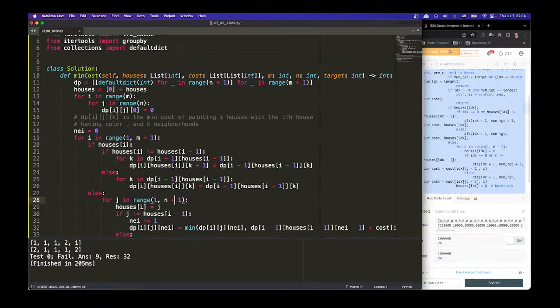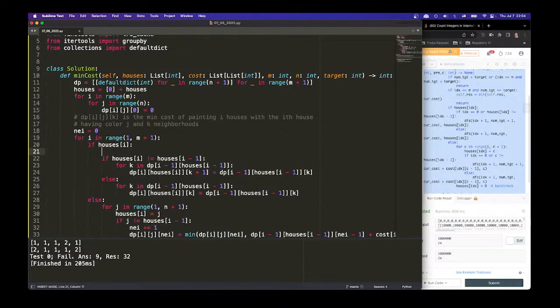If houses I, it has a color. And then I want to know the previous color. Hold on. So the current house is painted. So I want to know the previous house's color. How do I know all possible previous house's color? Which is just I minus 1. So if we go dp I minus 1, this gives me a list of dictionaries,